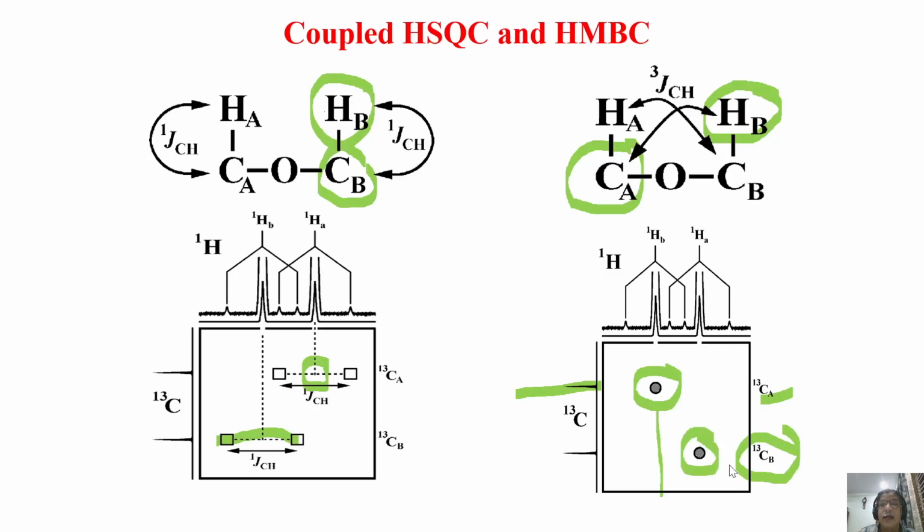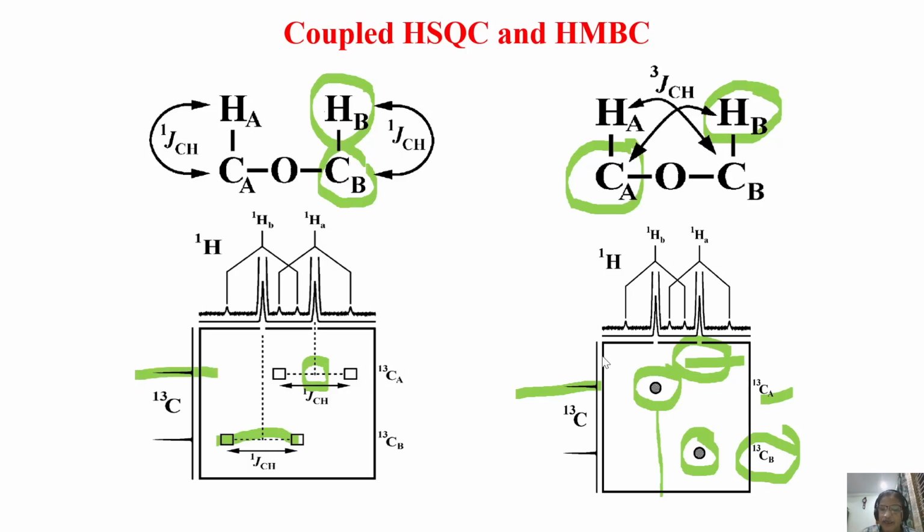This is heteronuclear multiple bond correlation, wherein you will see that one bond correlations are efficiently suppressed. You don't see a cross peak arising due to HSQC. They are all suppressed. I hope you understand. This is the major difference between coupled HSQC and coupled HMBC. HSQC gave me the direct correlation between carbon with its attached proton, which is a doublet in the detection dimension due to its coupling with the attached proton, whereas in the carbon dimension, it is a singlet.